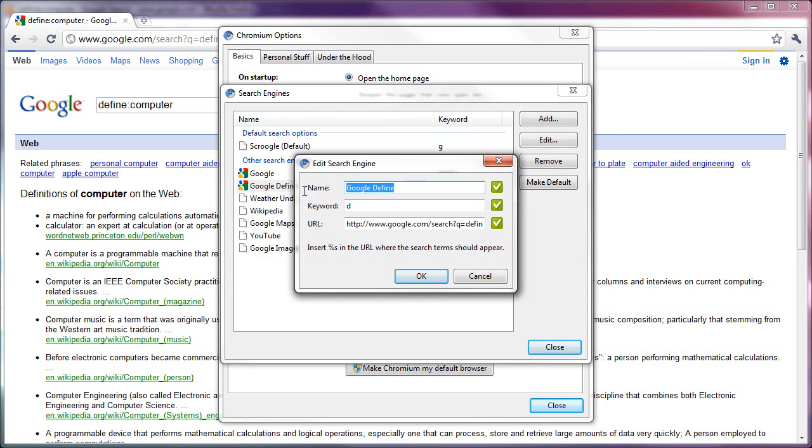Now the way to do it, first you have to hit Add and give it a name. I labeled it as Google Define. You could label it as just Dictionary, but I list it as Google Define. And then you put the keyword, which is in this case D. The URL is this: